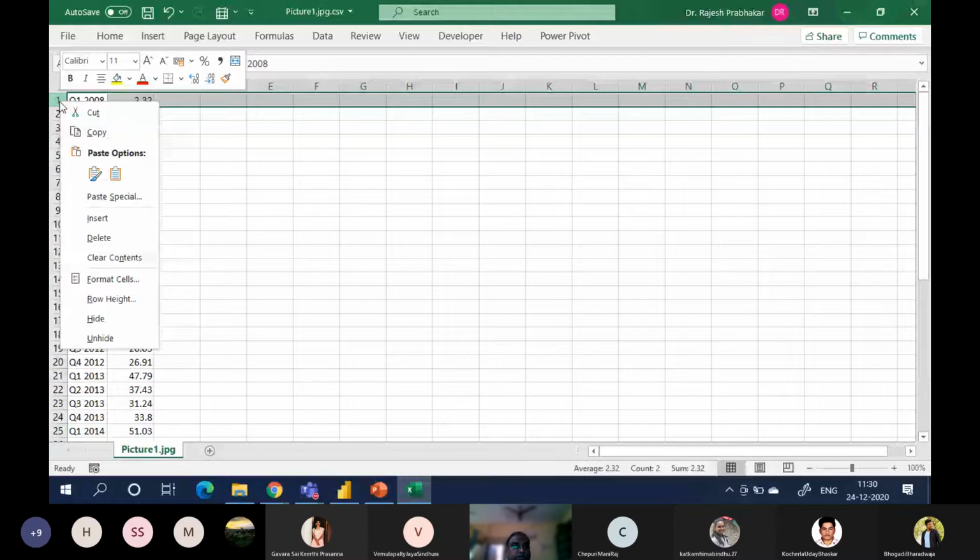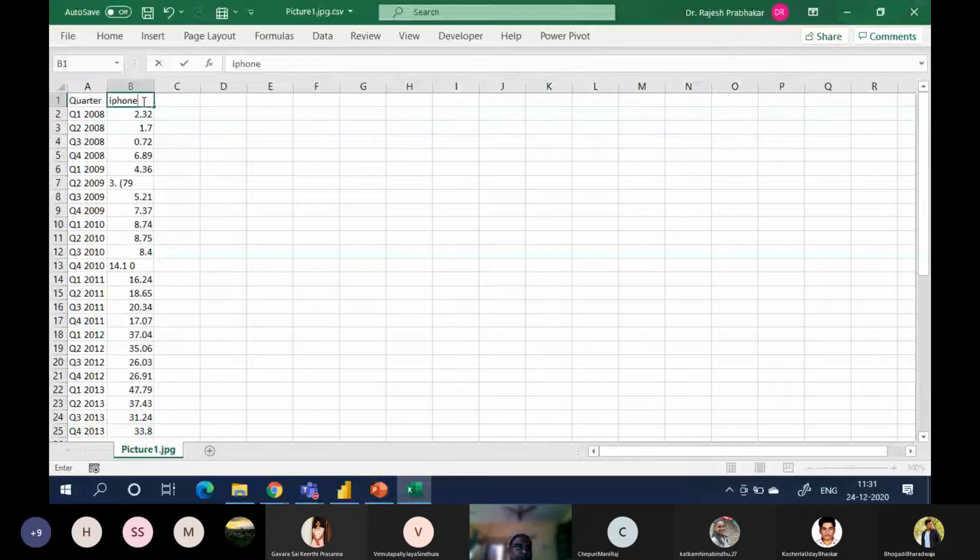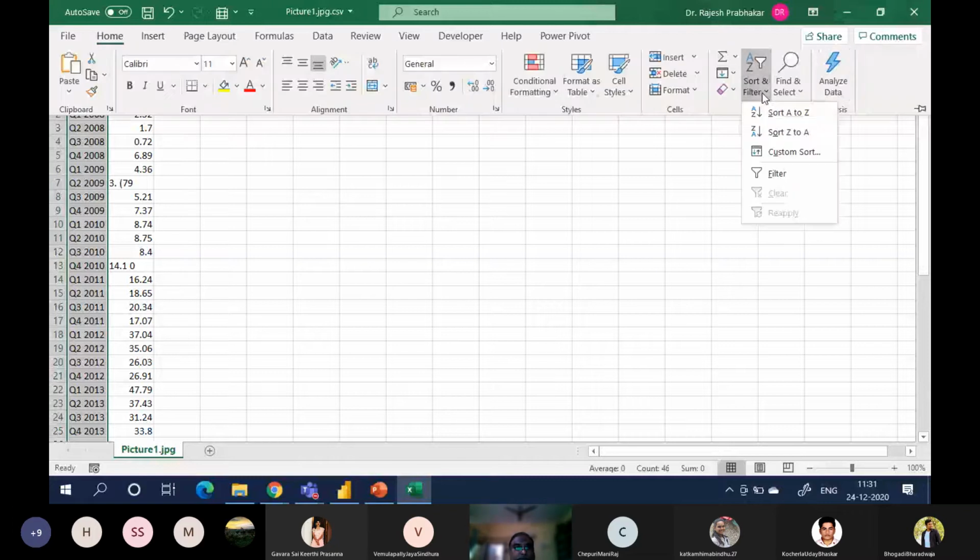Quarter, iPhone units. Okay, then take this home, sort and filter.